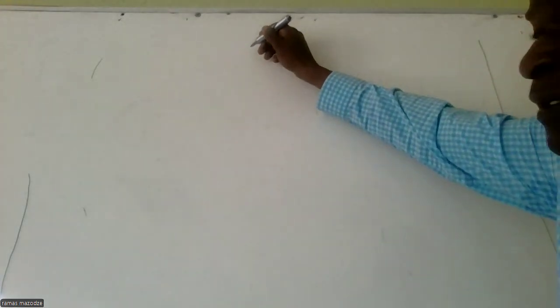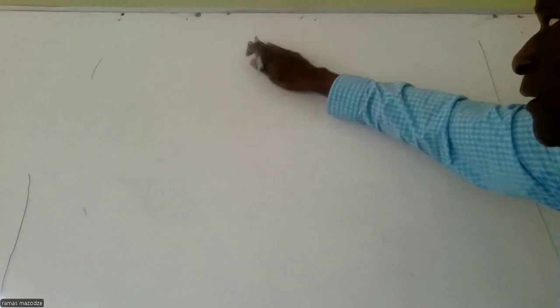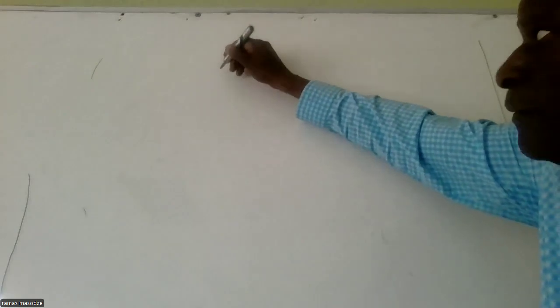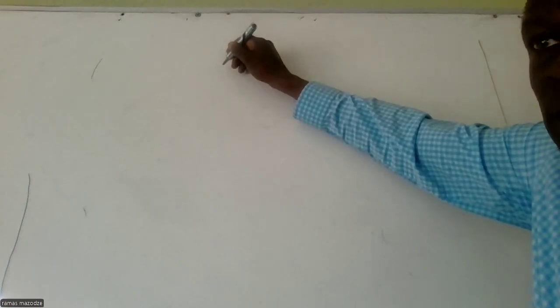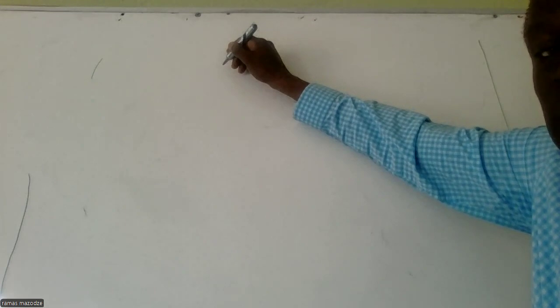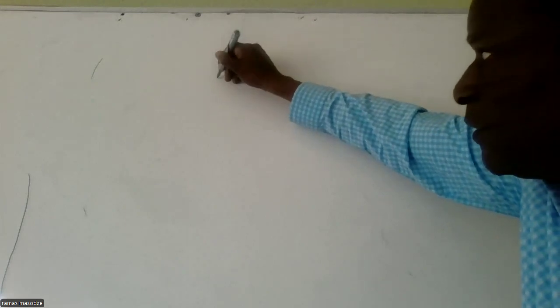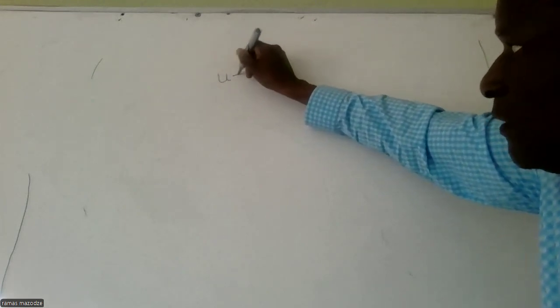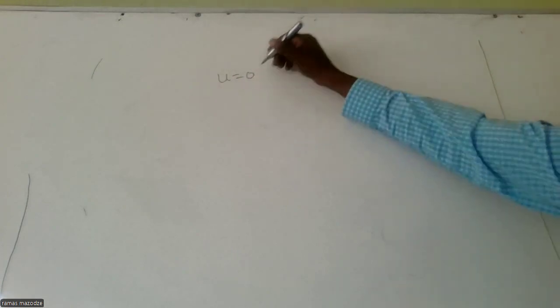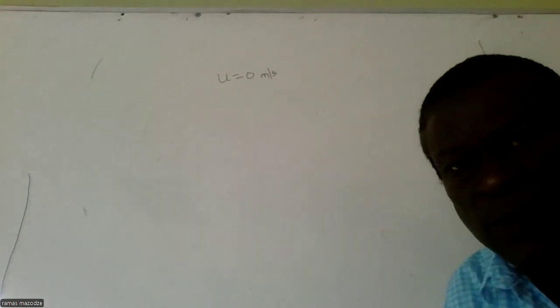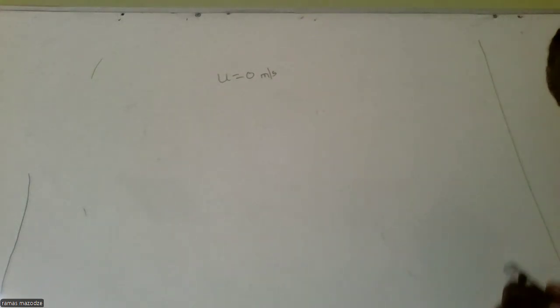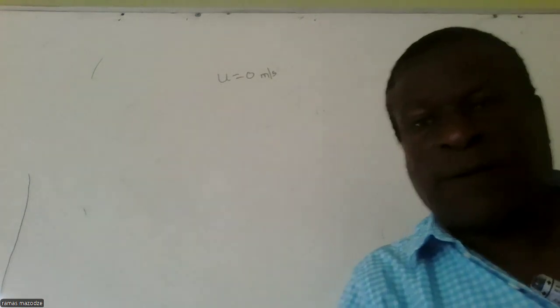An object is initially at rest, and it means the initial velocity. What would be the initial velocity if an object starts from rest? Yes, the initial velocity is zero. Always, very important. If you are told that the object starts from rest, then your initial velocity is already given. Then